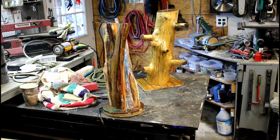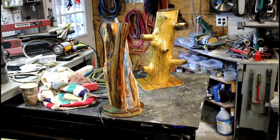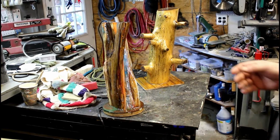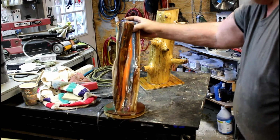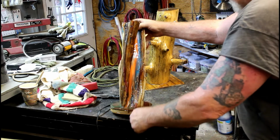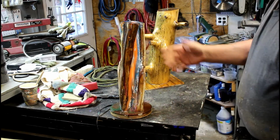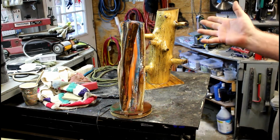All right, and the other thing is I really haven't got a use for this lamp, so I don't know what I'm going to do with it. My kid said he'll take it, and he's not saying that because he's just looking at, oh, I'll get it out of your hair. But he was down here the other day and he said it's nice, he likes it, he'll take it. So okay, but I told him, Steve,